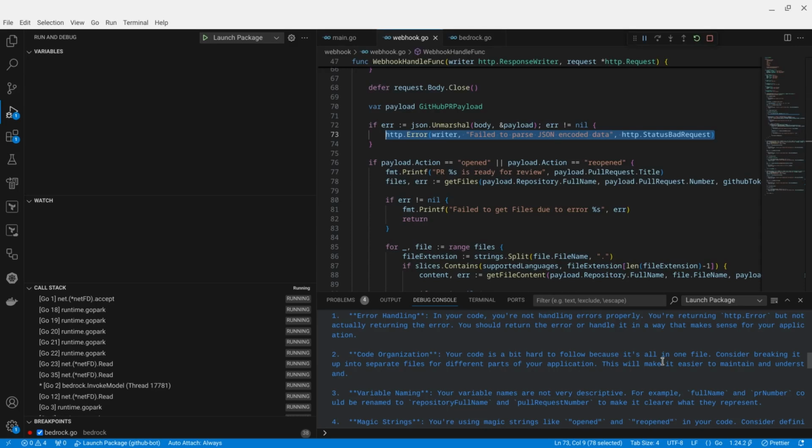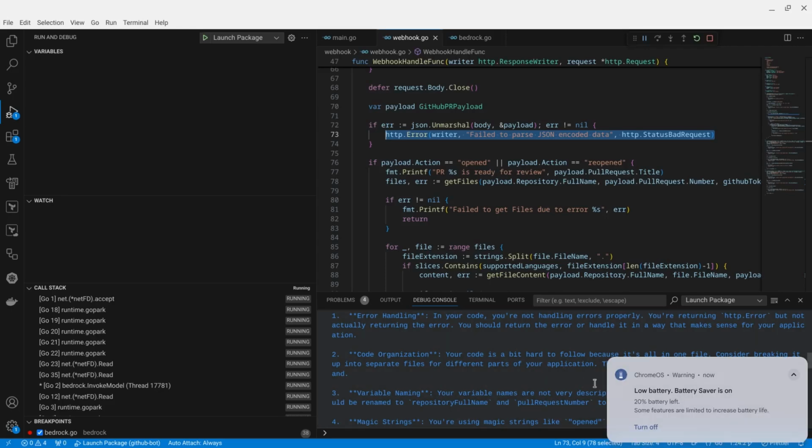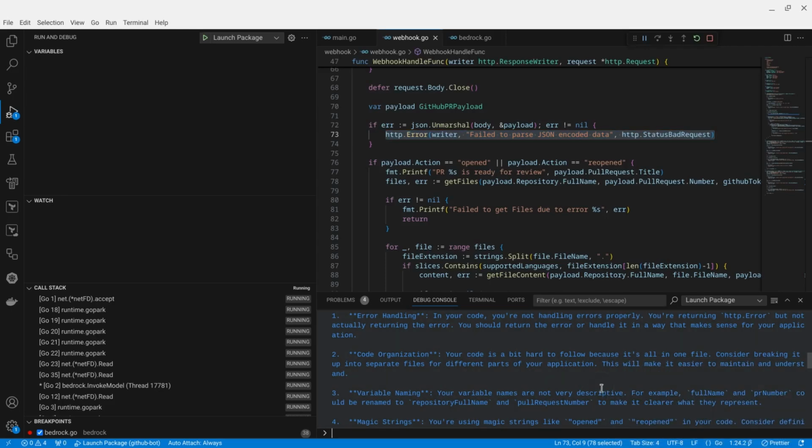It says that it's all in one file, so I shouldn't really be doing it in one file. So I split that out. Variable naming is not very descriptive. For example, oops, my battery is kind of going off. Let me